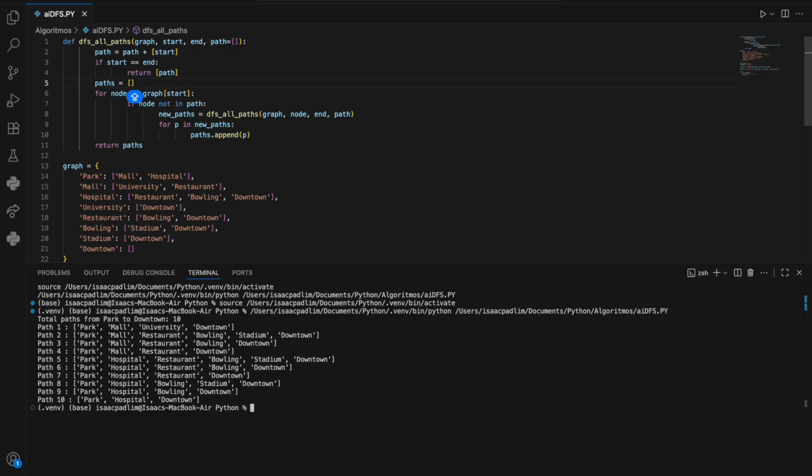This shows how DFS can be applied not only in route planning but also in solving mazes, analyzing social networks,